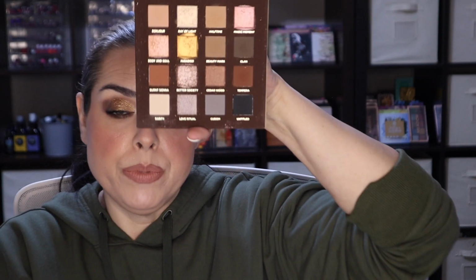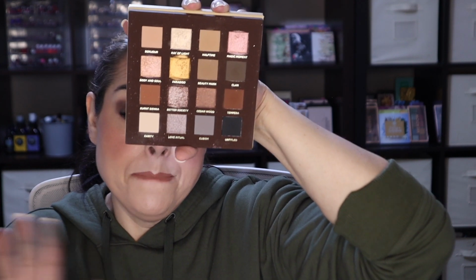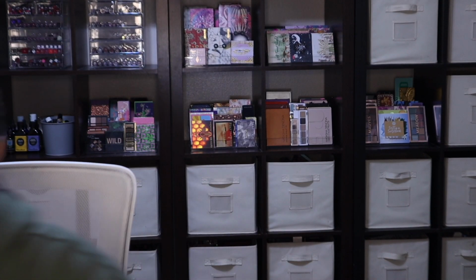Alright, next is the Novelist Side by Side palette. This used to be one of my absolute favorite neutral palettes because of all the textures. You've got some cool tones and some warm tones in here, and honestly the quality is really, really good. But I haven't reached for her in a long time, and I think I can let her go. Yeah, I can let her go. I think that she can go to a better home, somebody who will get much more use out of her